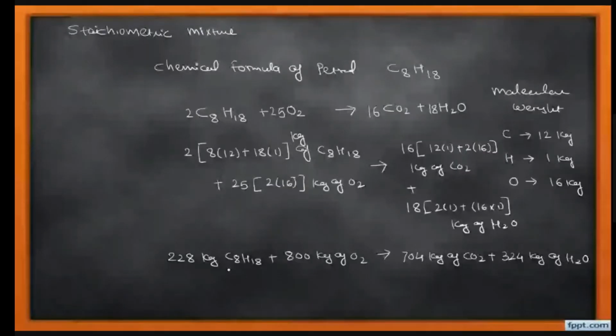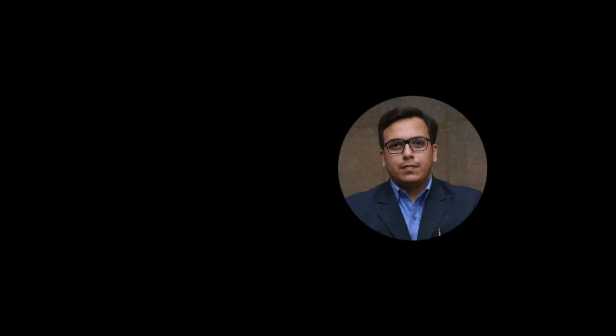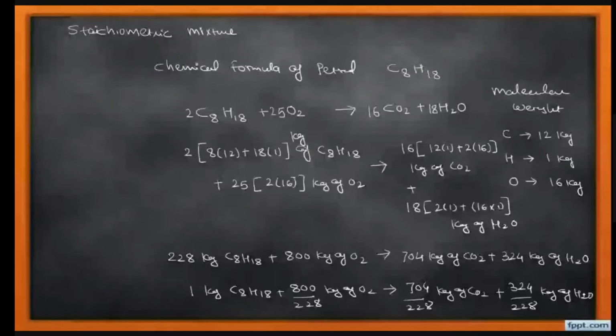So students, we require to calculate the air requirement for 1 kg. So we need to divide all the elements by 228. Here we get 1 kg of C8H18 plus 800 divided by 228 kg of O2, 704 divided by 228 kg of CO2 plus 324 divided by 228 kg of H2O. So finally we get 1 kg of C8H18